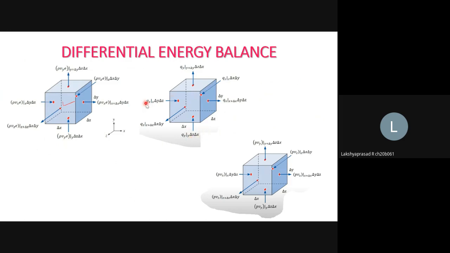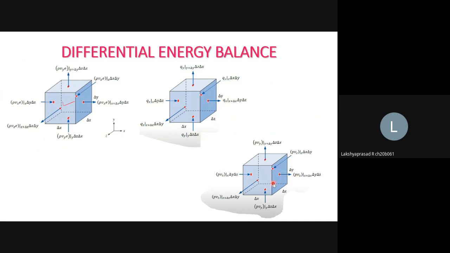Now similarly, this is actually for the heat transfer, heat conduction. You can say small q represents heat flux due to conduction. So Qx is heat flux, just heat flux. Qx at x, delta y delta z, represents the heat entering this particular face at this particular coordinate and leaving along this x direction at the other face, and similarly along other directions. And therefore here we can write the net heat added, because net heat added is positive. We can write down the net heat added to the control volume, and then divide by the volume of this control volume.